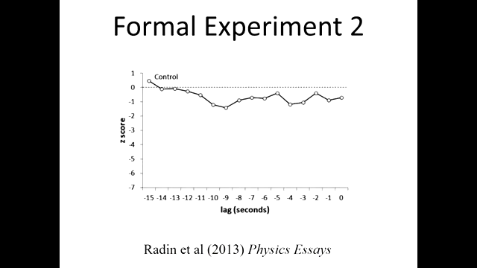So we did another formal experiment. Again, 50 sessions. We did other things I don't have time to talk about. But one of the things I'm showing here now is the control results, and it's lagged in time. The reason we look at the results lagged in time is because if you ask somebody to concentrate, and then a little while later to relax, you can't switch your mind instantaneously. So we expect a delay in the results because it takes the mind time to switch gears. This provides a nice secondary way of looking for the results that we hope to find, because if there is no delay, then you have to be suspicious about the results.